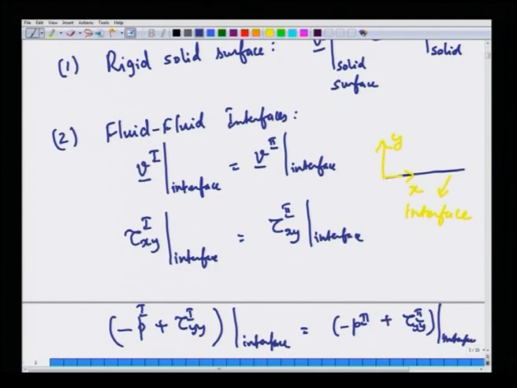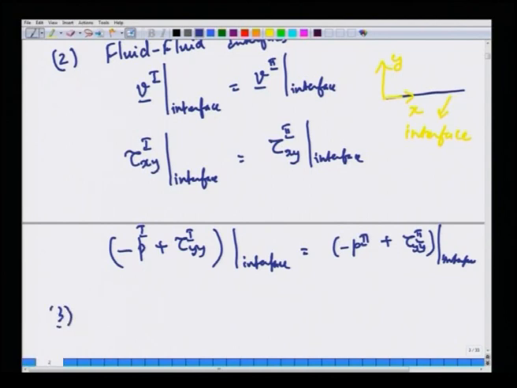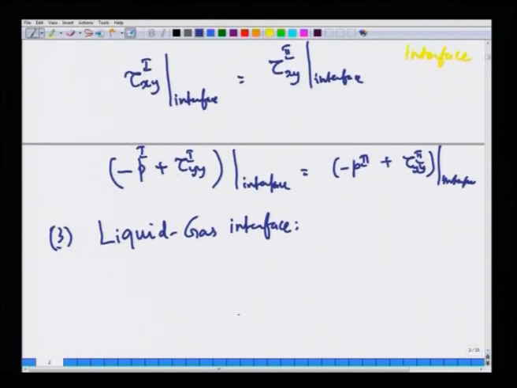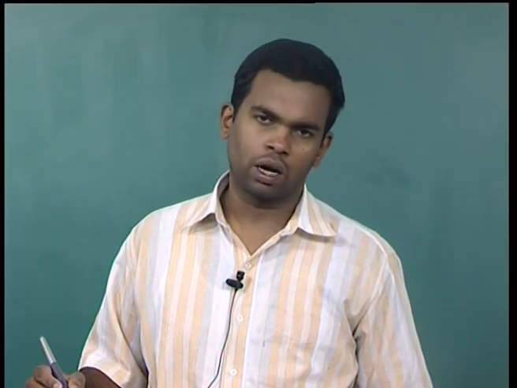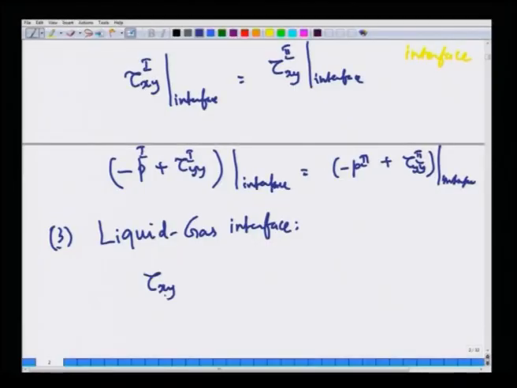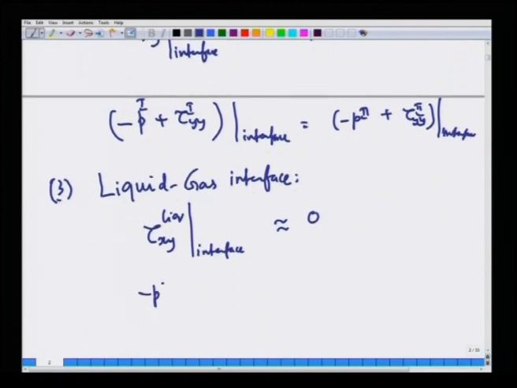This is for a general fluid interface, but we also pointed out that for the special case of a liquid gas interface, this equation can be simplified, because at a liquid gas interface the viscosity of gases is typically very small, of the order of 100 times smaller than that of viscosity of liquids. So, we can assume that the shear stress at the liquid side at the liquid gas interface is approximately 0, and the normal stresses